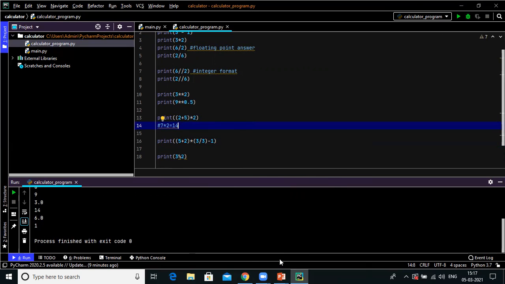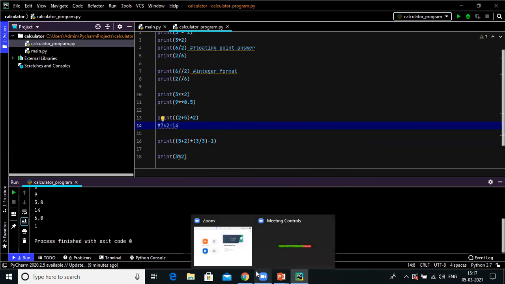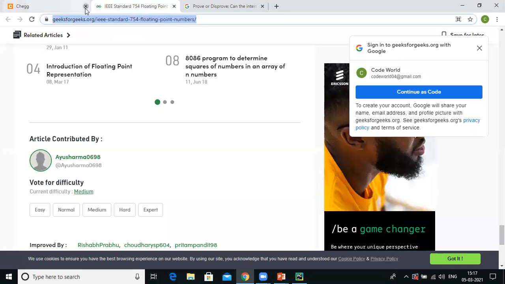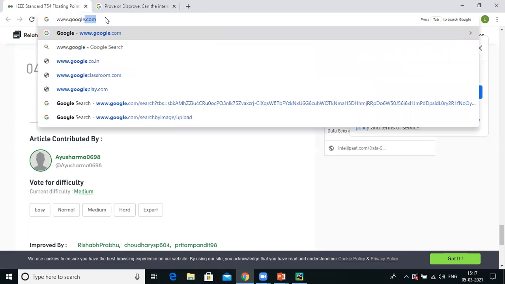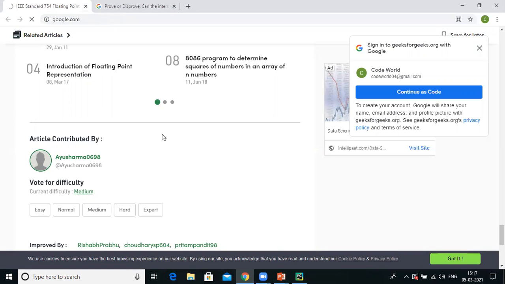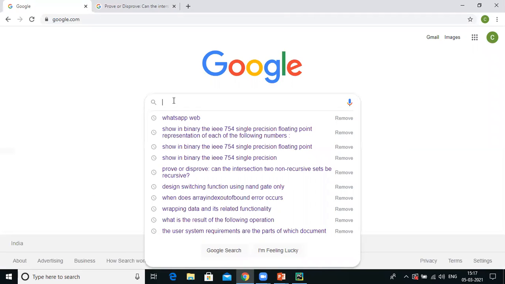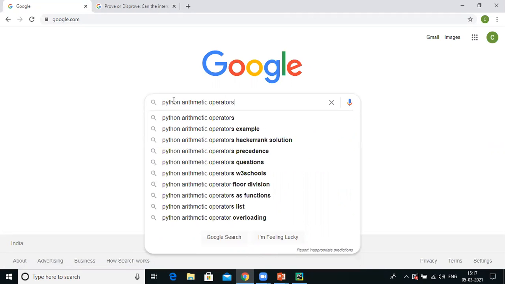And now see which arithmetic operators are used, or supported, in Python. Go to the Google website and type here Python arithmetic operators.